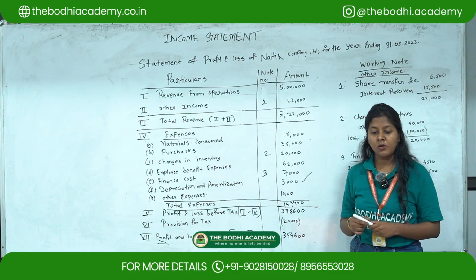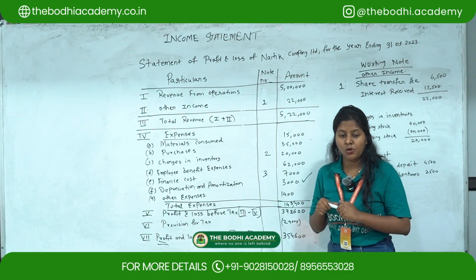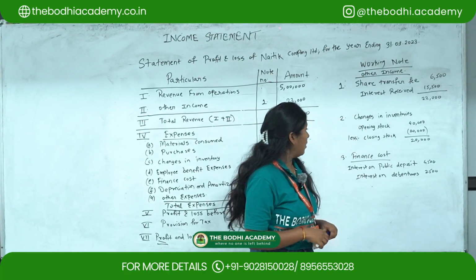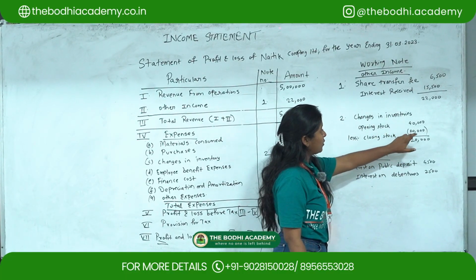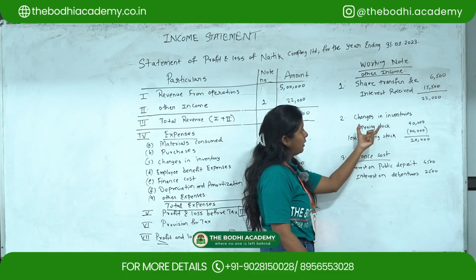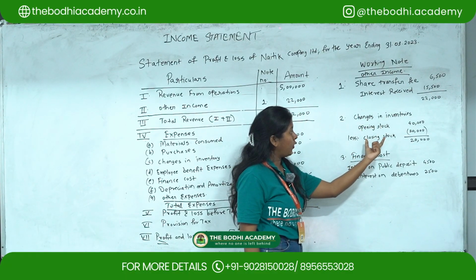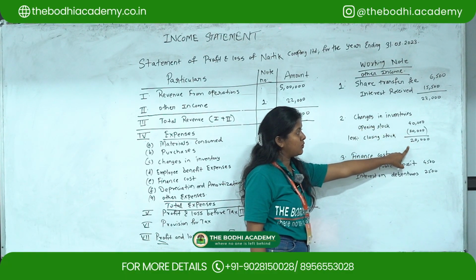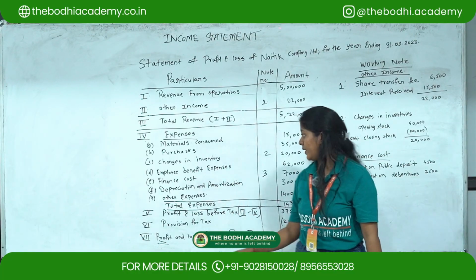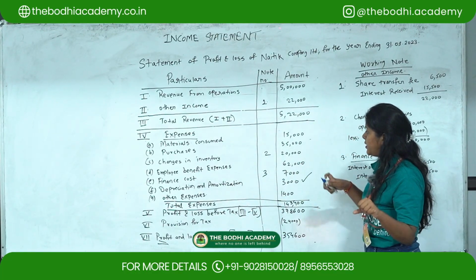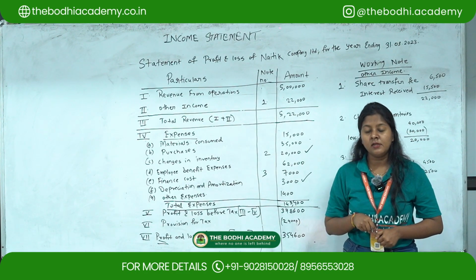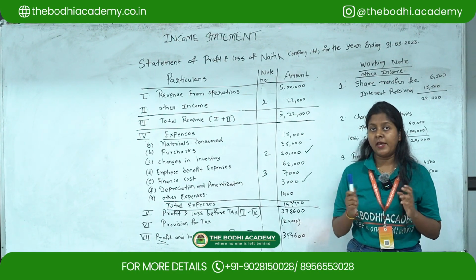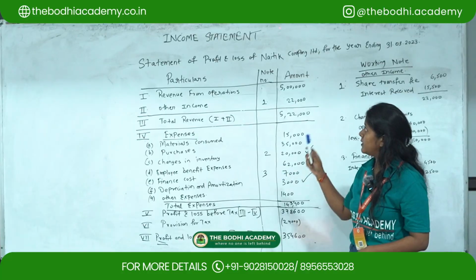Next opening stock. So you have to find out for the closing stock over here. So closing stock given here as 20,000. So opening stock 40 and you have to find out changes in inventory according to the formula. So 40 minus 20, so you'll get 20,000. So this 20,000 you have to write down over here as changes in inventory. Next, they have given vehicle 55,000, but vehicle is a fixed asset, so in this it will not come.